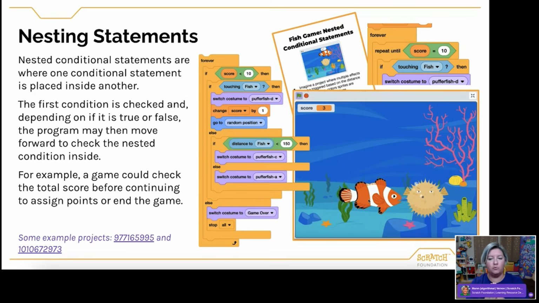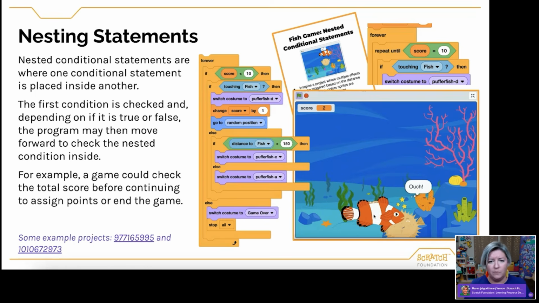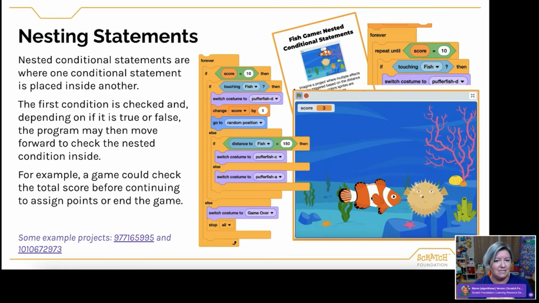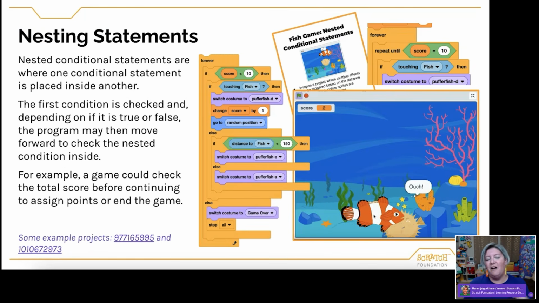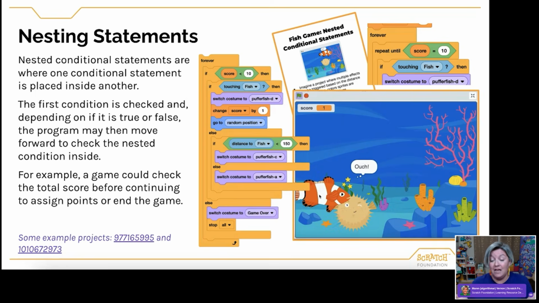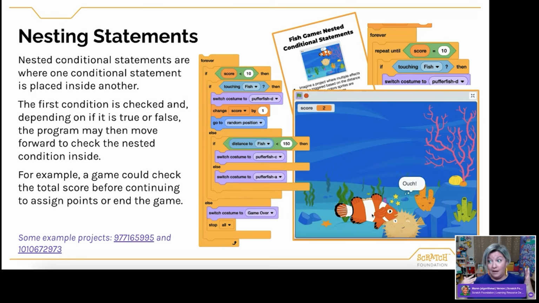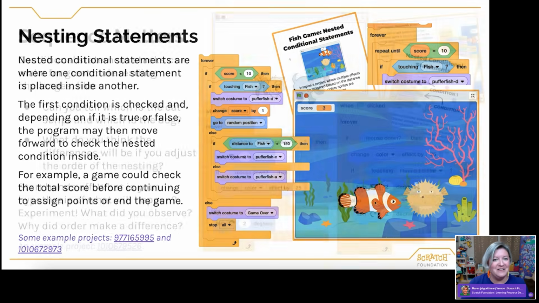You can have a really great starter project where the fish touch and a noise happens or something, and that is great. That is a wonderful beginner way of using those conditional statements. And then we're just going to keep layering on these levels of sophistication, fun things to try. And trust me, when you start nesting conditional statements, you're going to have a variety of debugging opportunities that will come your way, right?